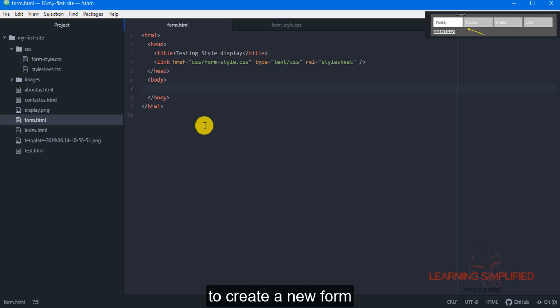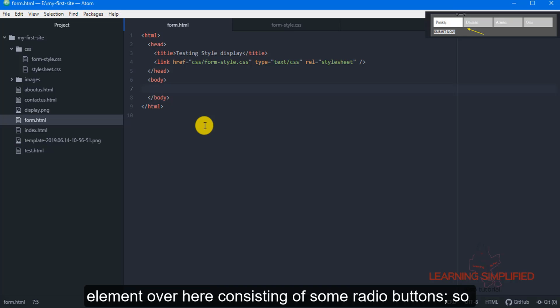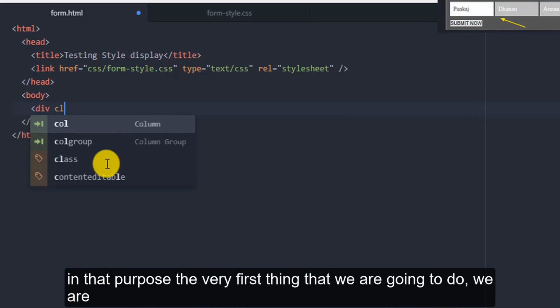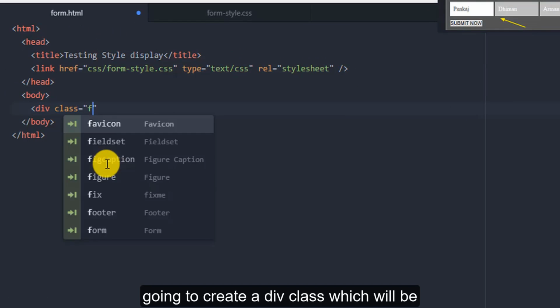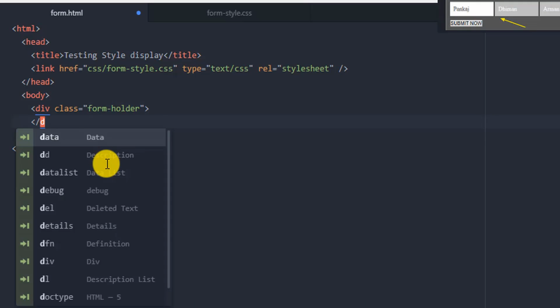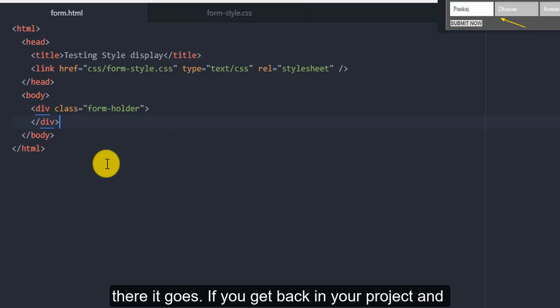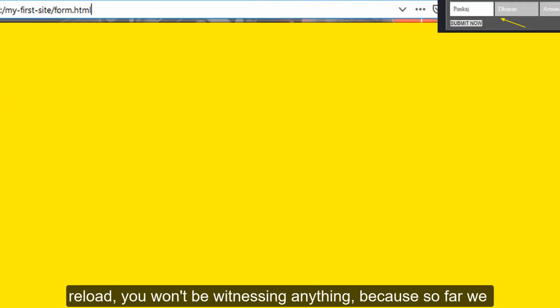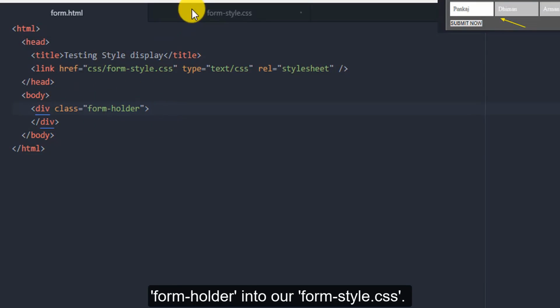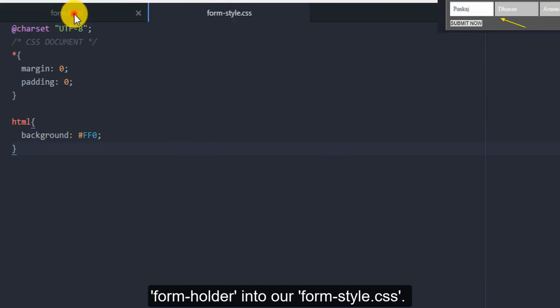We have to create a new form element consisting of some radio buttons. For that purpose, the very first thing we are going to do is create a div class which will be known as form holder. There it goes. If you get back into your project and reload, you won't see anything because so far we haven't defined any properties against this class of form holder in our form style.css.